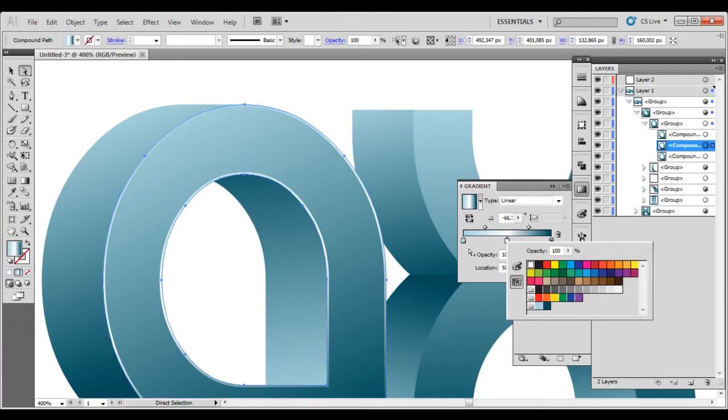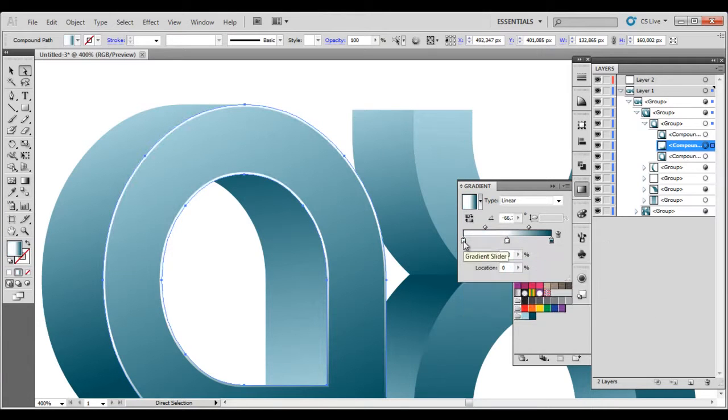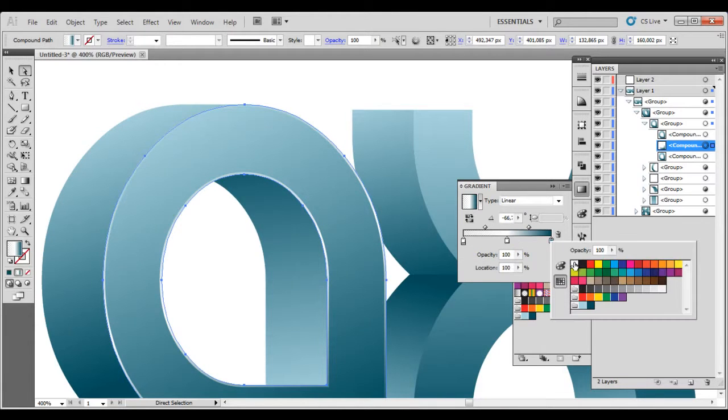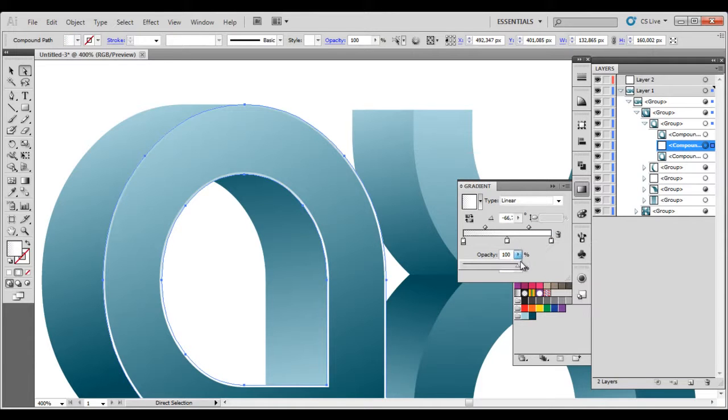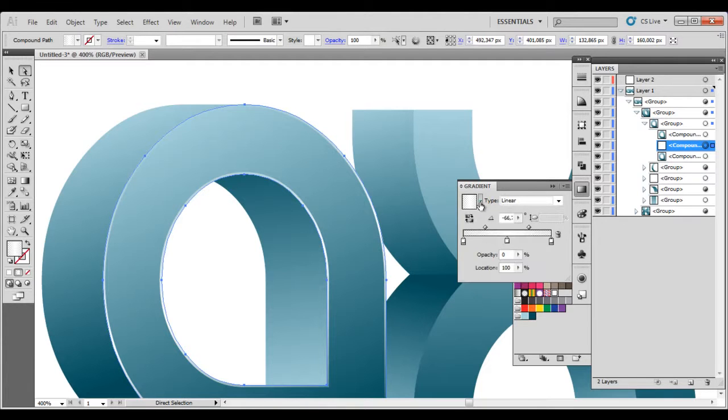Make this one white and have colors in the corners, a white one on location 0%, and the opacity we want to take down to 0, and this one we also want white and opacity down to 0. We can go to this gradient just here and press save, so we have it right in the menu right